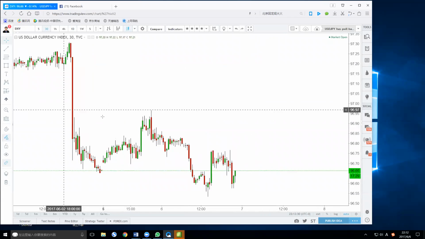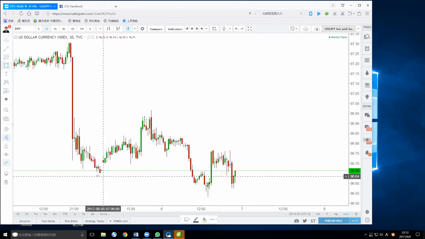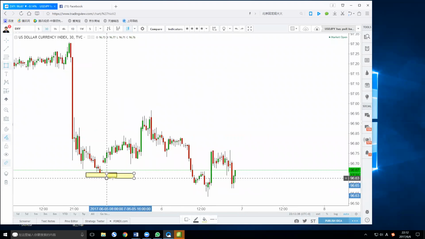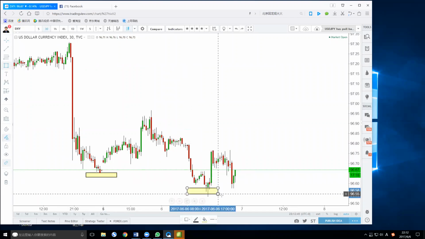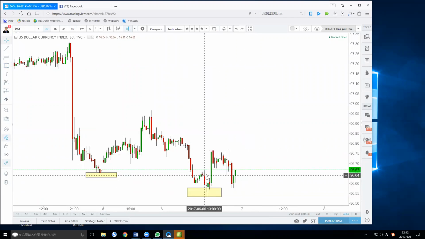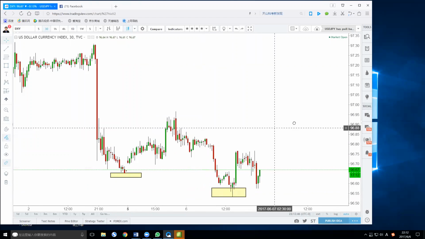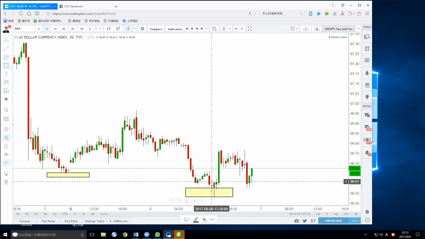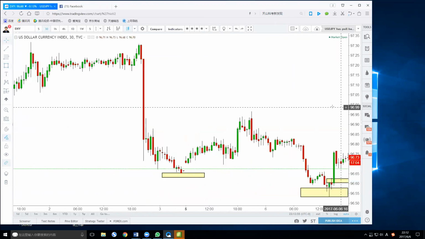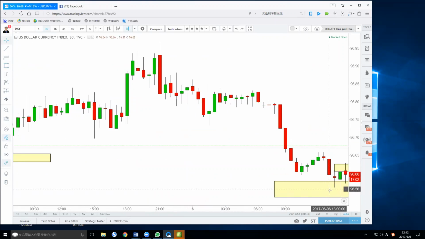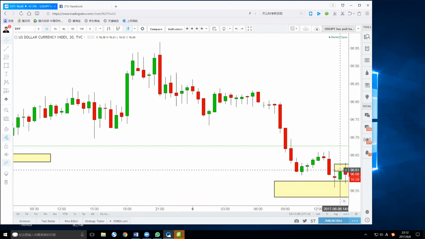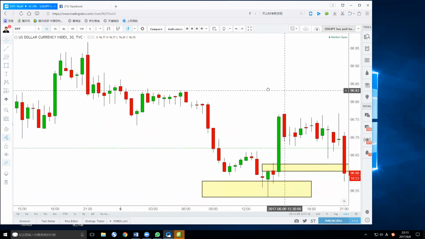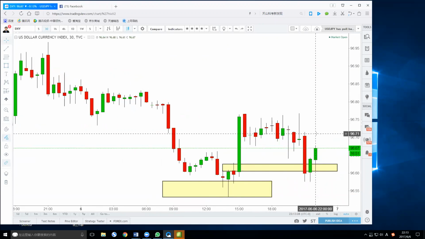For example, here we can see that this is a level where the DXY makes a lower low, right? It makes a lower low here, and then the price goes up, breaking this level, and then comes down again. So it actually retests the previous structure here. Here is a little structure that worked as resistance before. You can see here, price bounced back and rejected at 96.61, another rejection, and then boom, it flies. So it pulls back to the same level, and now it has come back again.